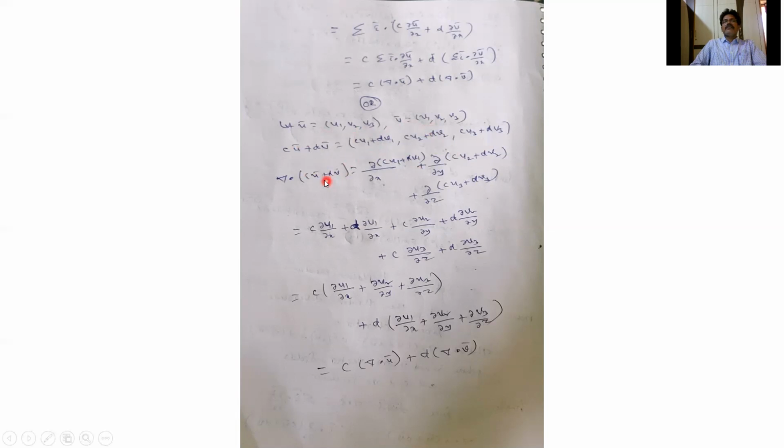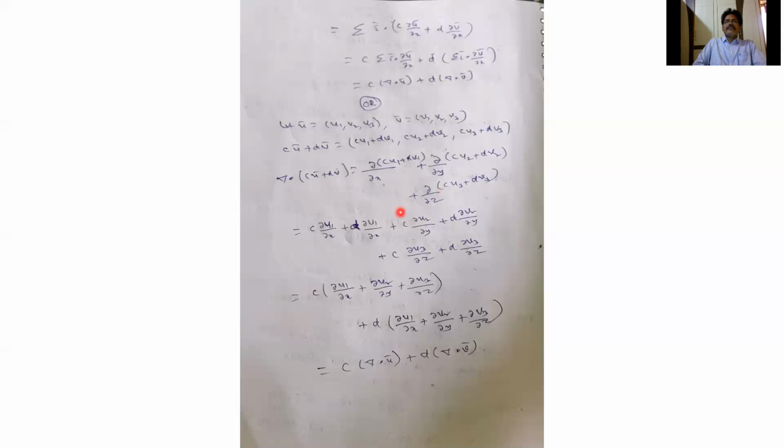We know that for the divergence formula, we take the partial with respect to x for the first coordinate, with respect to y for the second, and with respect to z for the third, and add them. So the first coordinate is dou by dou x of Cu1 plus dV1, the second is dou by dou y of Cu2 plus dV2, and the third is dou by dou z of Cu3 plus dV3. To find the divergence, del dot means divergence.